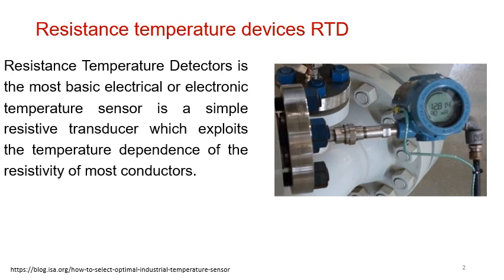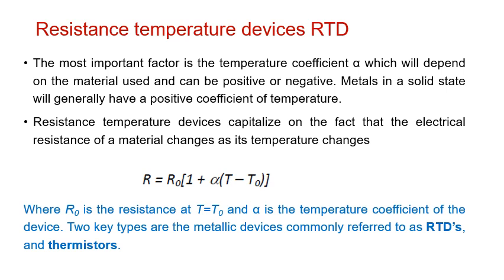In the temperature, resistance temperature device, it's converting the temperature to resistance this time. The temperature is converted to resistance. That's why we call it resistance temperature device. So in RTD, the relation between resistance and temperature is to be found from this equation, where the equation is